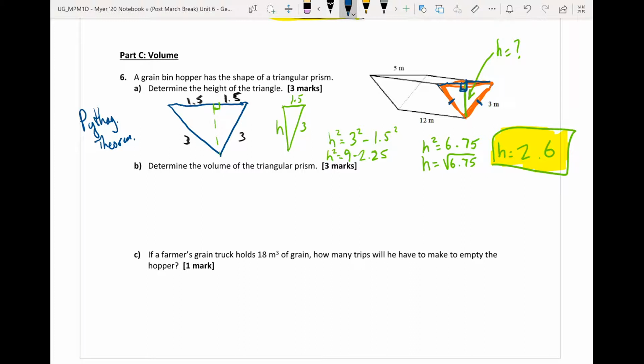Okay, so now we're going to determine the volume of the prism. The volume of the prism is always the area of the base multiplied by the height or the length, whichever one you want to say. So in this case, for the area of our base, we know that the height is 2.6 times the base, which was 3, divided by 2, so that's the area of a triangle, right? Times the length of the whole thing, which was,